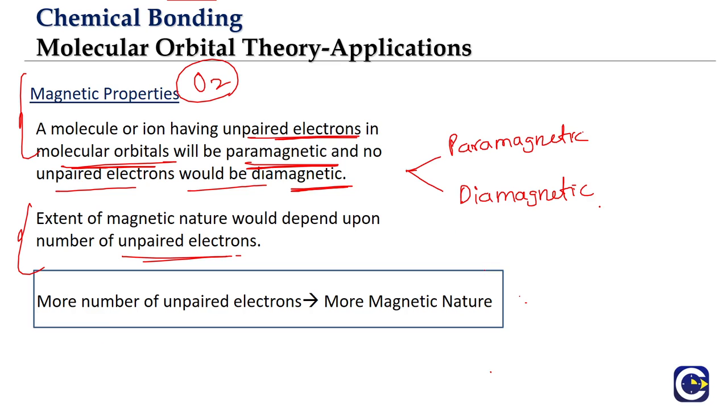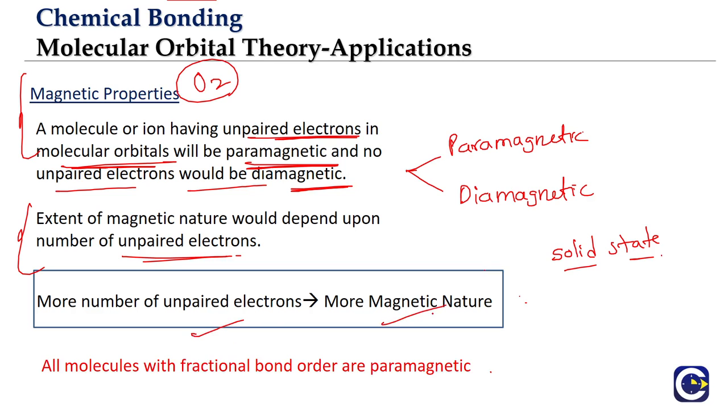In the solid state chapter in class 12, we will talk about even further types of magnetic nature, such as ferromagnetic nature, and other different types in a little more detail. But at this level, it is sufficient if we know that broadly these two categories are there. One is diamagnetic, no unpaired electrons, and the other is paramagnetic, unpaired electrons.